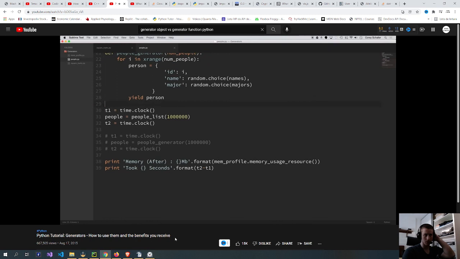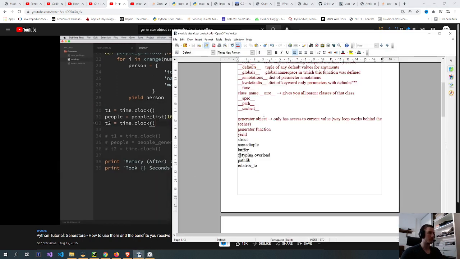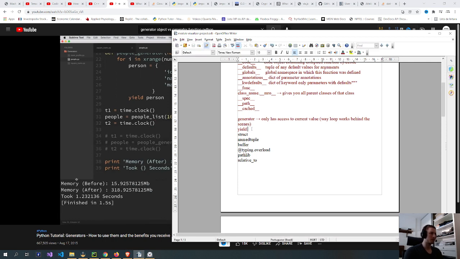Okay, so right here, don't worry about these lines, this time.clock and this t2 time.clock. All I'm going to do is time how long it takes to run this function, which returns a list. I'm going to pass in 1 million values to this function, so it should return a list of 1 million results. And down here at the bottom, I'm printing out the memory usage and the total time that it took. So if I run this, you can see up here at the top of the code,